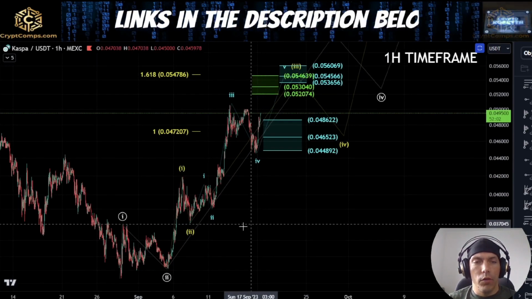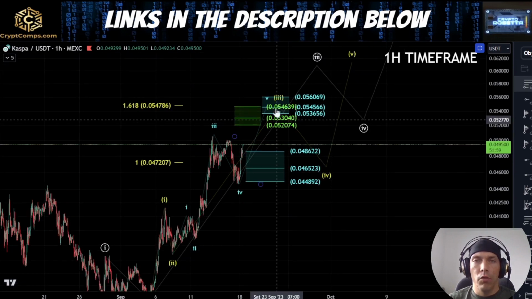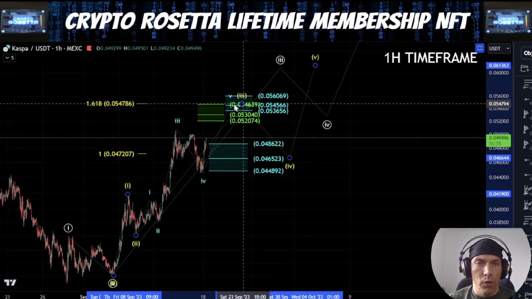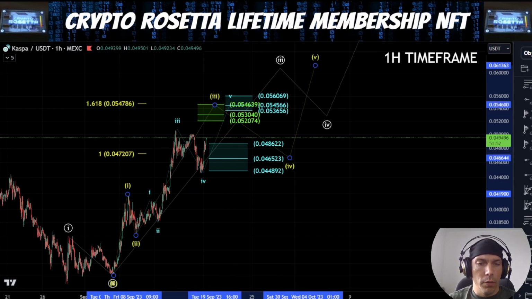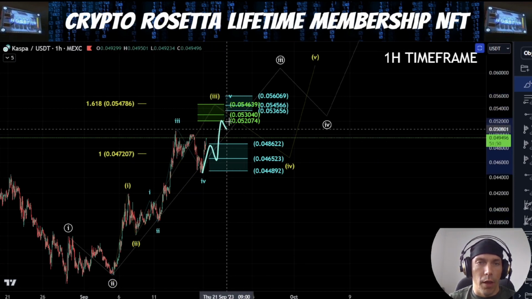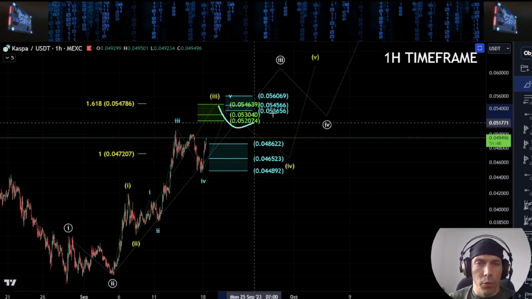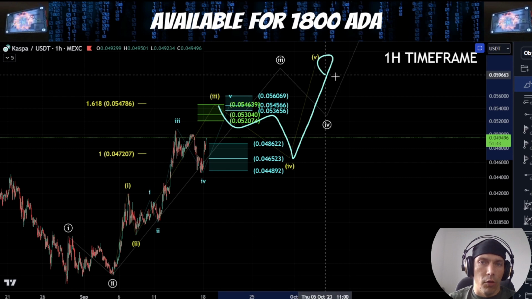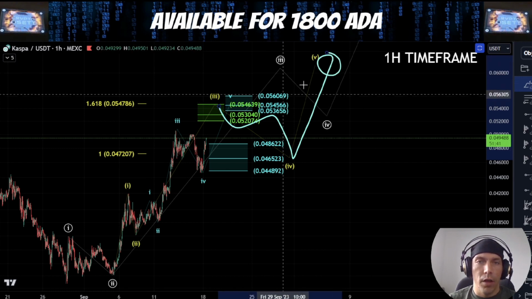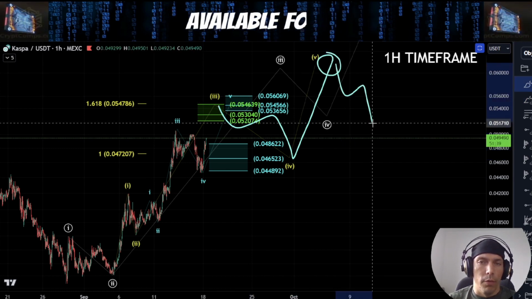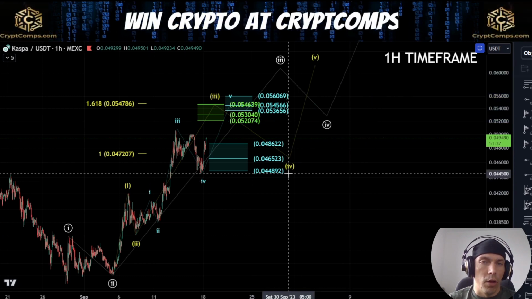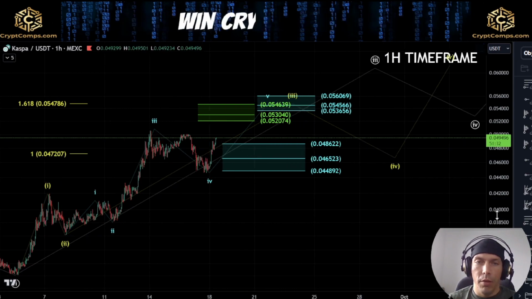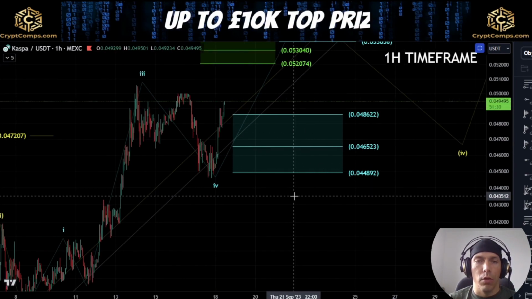Now, the difference between these two moves is that this one would have some secondary fourths and fifths to the upside here. So we can see here that if we do complete this blue count over here, where we have this fifth wave to the upside, what we'd then be looking out for is the potential to have this additional yellow fourth wave, and then a continuation in the yellow fifth wave, which would then tie in with having an additional fourth wave in the white count, and then that continuation and that push to the upside. So there is possibility of extension here, but we need to just be careful because there is a bearish count, which we're going to go over in a second.